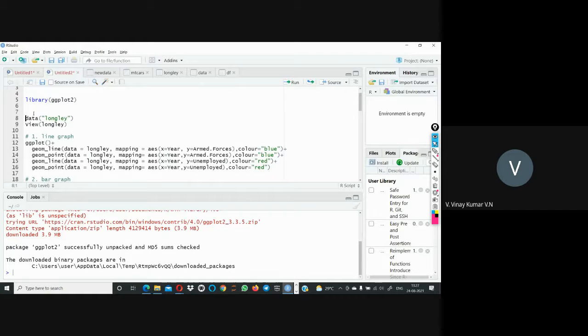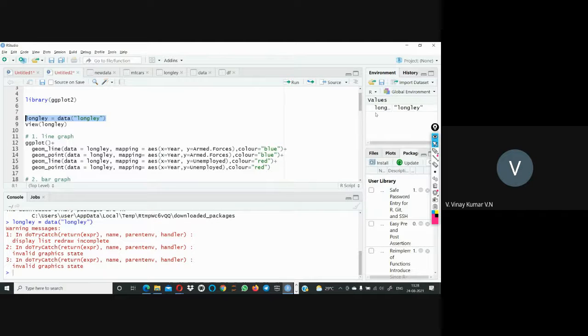There is one data set called Longley. I will show you. data Longley. I'm storing this data into a variable called longley data.